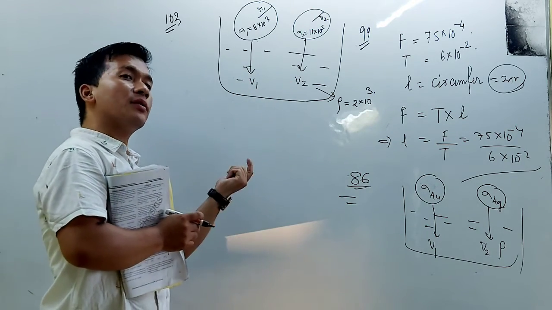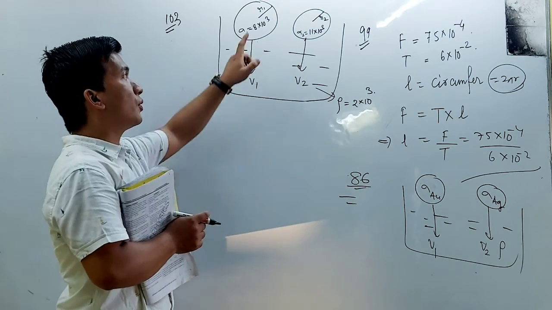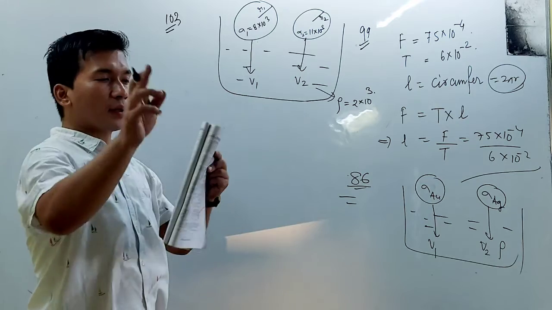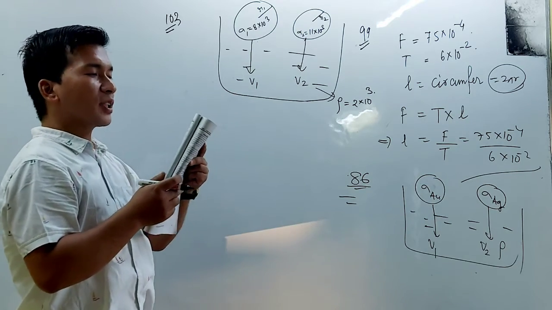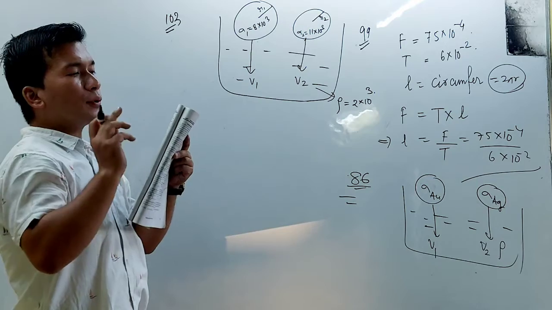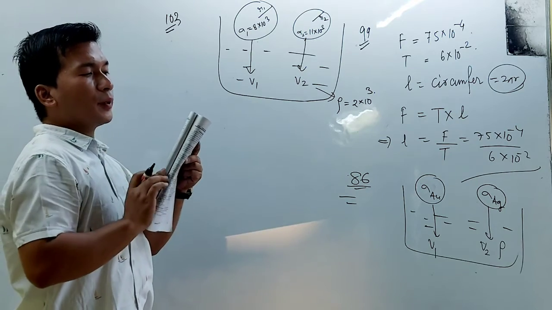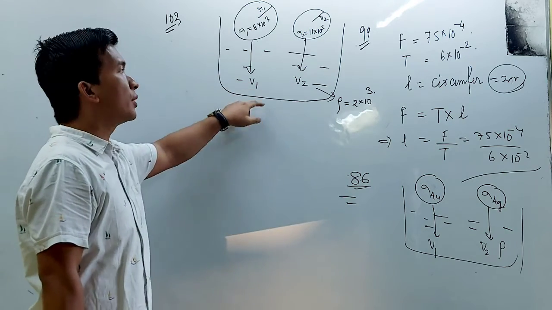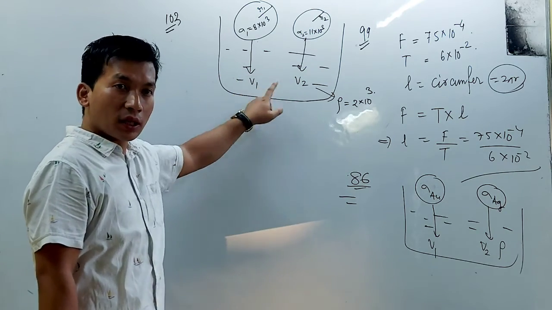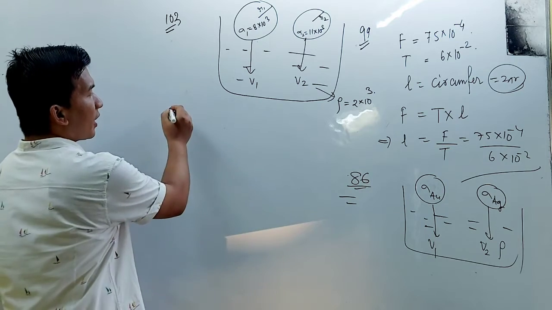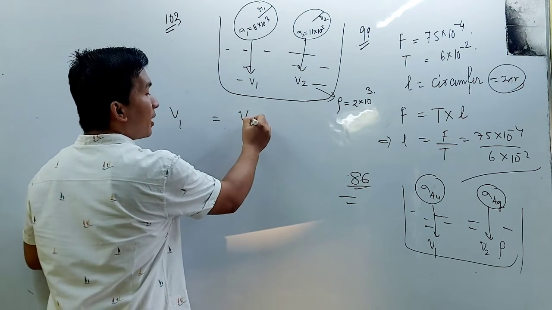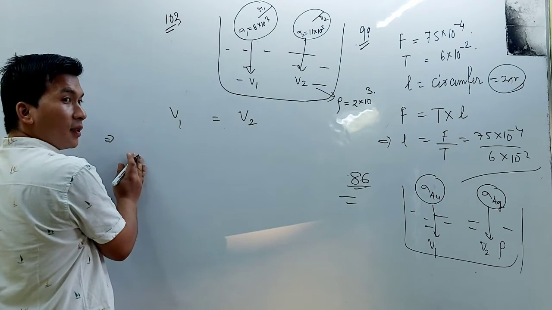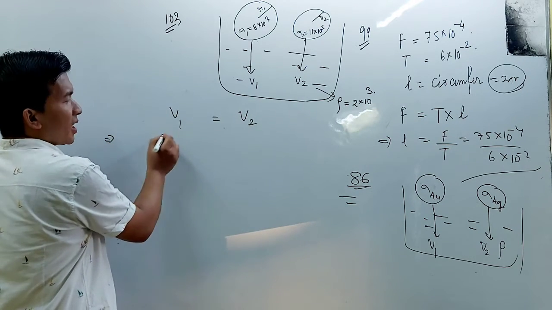It is also given in the question that the two metal spheres are falling through the liquid with the same uniform speed, which means they will have the same terminal velocity. So we can write v1 is equal to v2, and what will be the expression? The expression will be